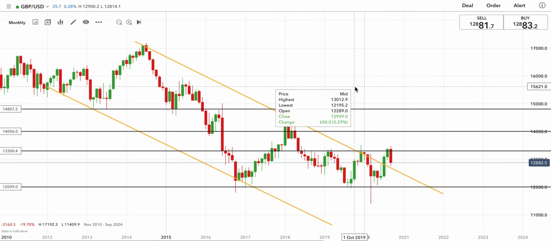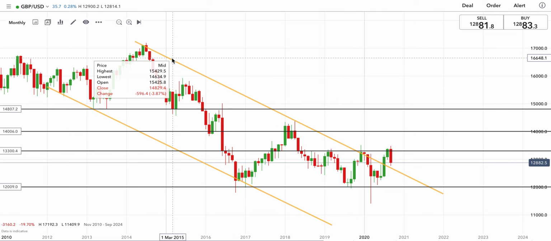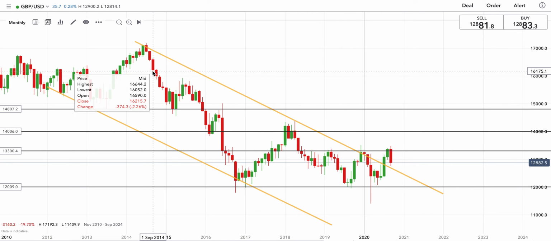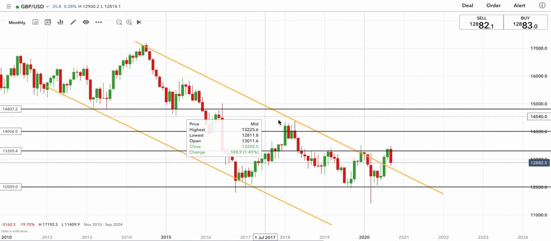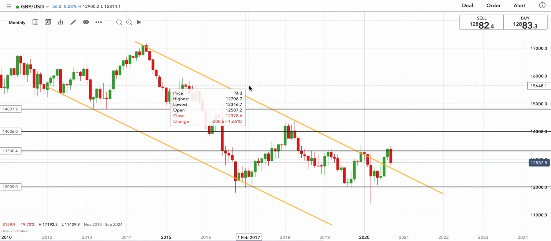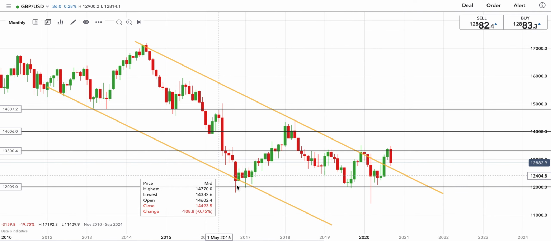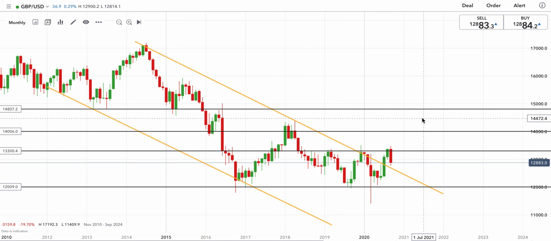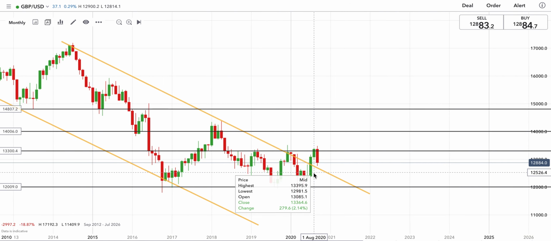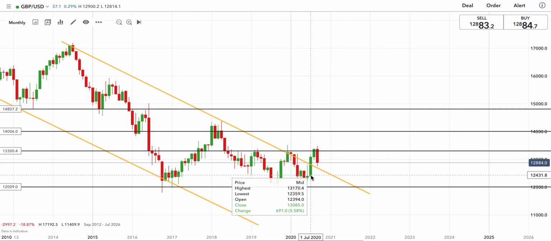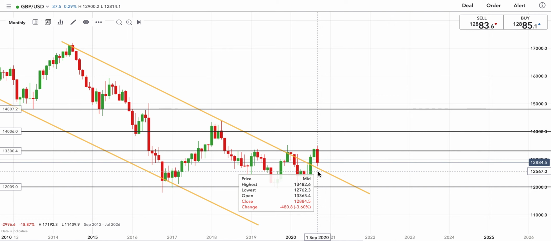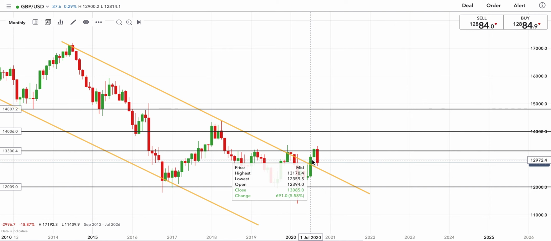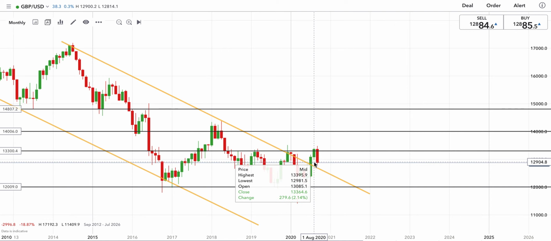I've started off here with a monthly chart, and as we can see, since July 2014, we've been making lower highs, continuously heading lower, and essentially, as you can see from the channel that we have plotted here, we've been in a 6-year downtrend. Now, very recently, in July of this year, we actually broke out and closed above this descending channel, which suggests to us that sterling may now be in a phase where it is ready to start